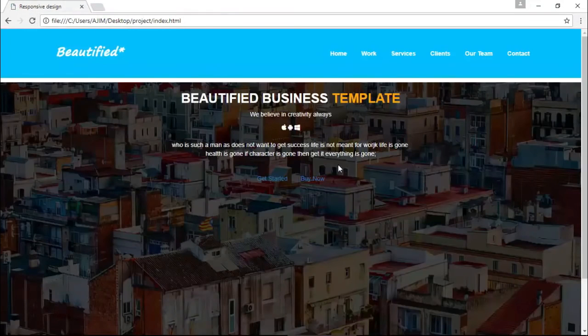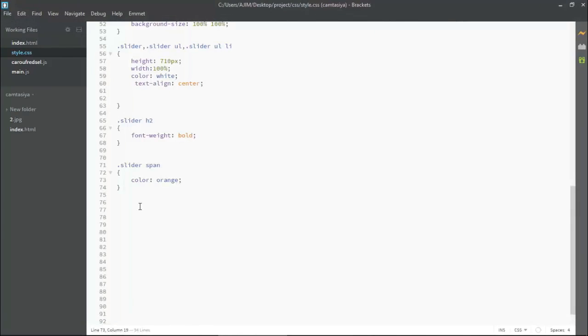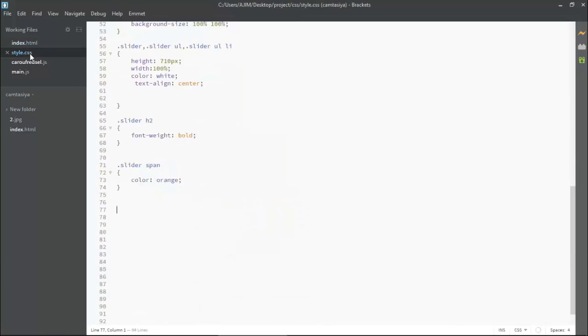Now we have to work on the button. For the button I am coming here and firstly targeting it. Simply I am coming to the index page and you can see we have buttons here, like anchors. So the code will be slider a. Okay, slider a. I am coming here and mentioning .slider a, and here I'll be putting padding first, something around 10 pixels from top to right, and left to bottom will be